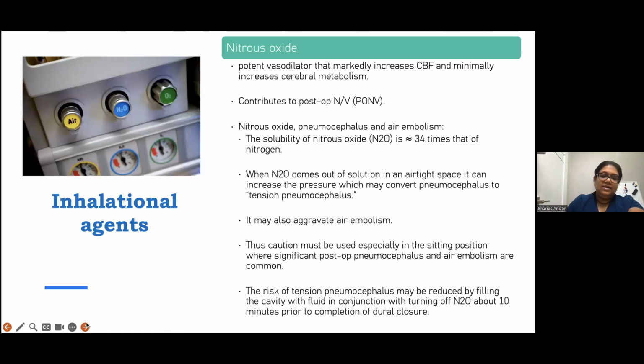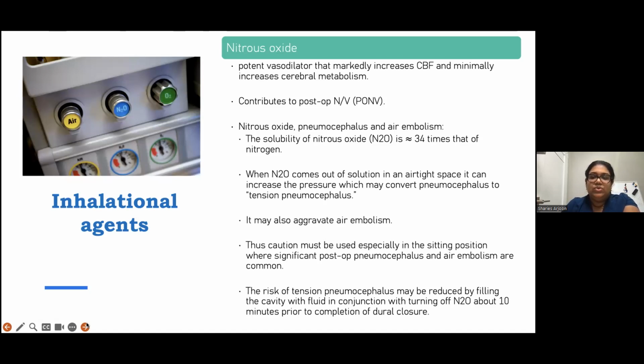These agents affect intraoperative evoked potential monitoring. So starting with the inhalation agents, nitrous oxide is a potent vasodilator that markedly increases cerebral blood flow and minimally increases cerebral metabolism, and it contributes as well to post-op nausea and vomiting. With regards to pneumocephalus and air embolism, the solubility of nitrous oxide is approximately 34 times that of nitrogen. When nitrous oxide comes out of solution in an airtight space, it can increase the pressure, which